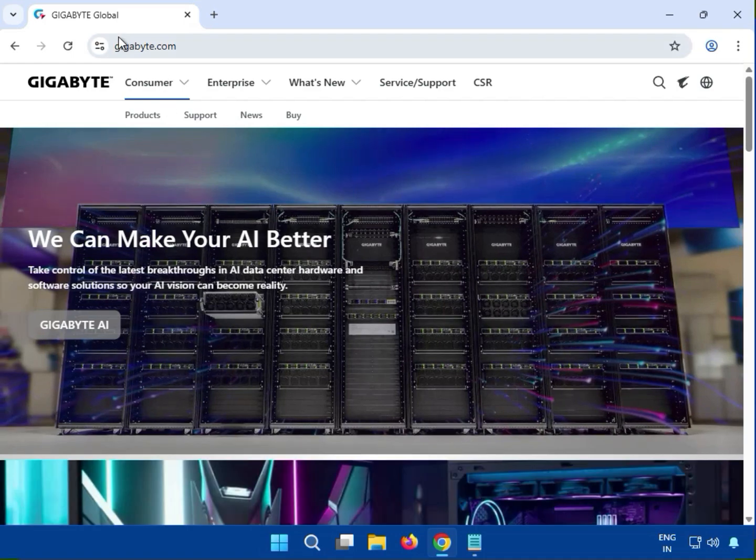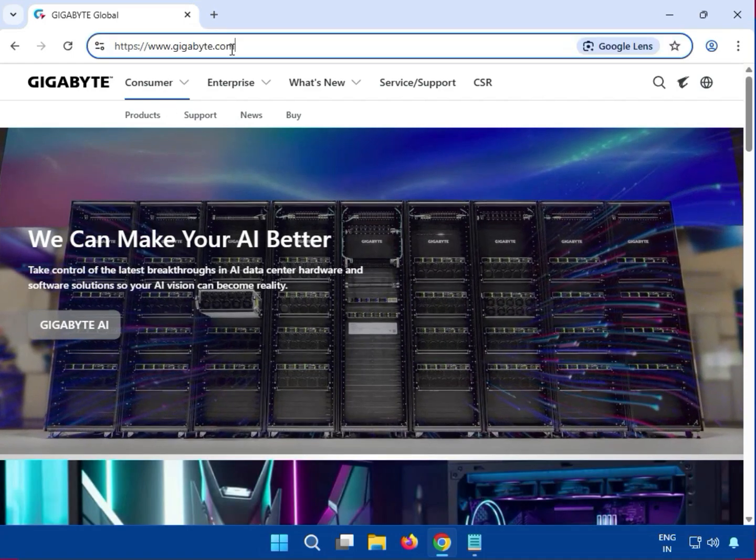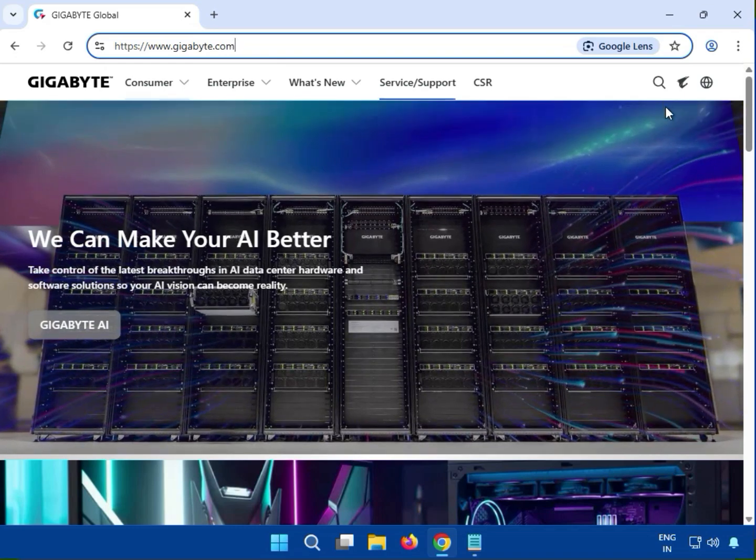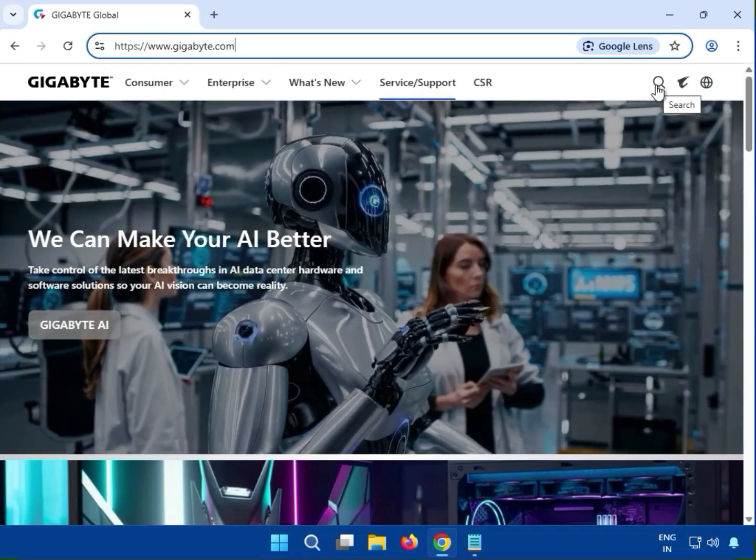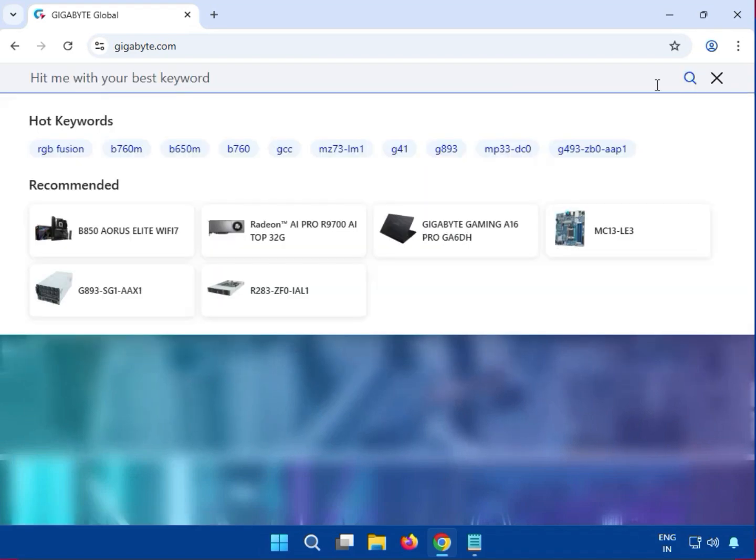So guys, you can see this is gigabyte.com. This is the official website. You can download drivers. Okay, so the right side is the search key, click to search,